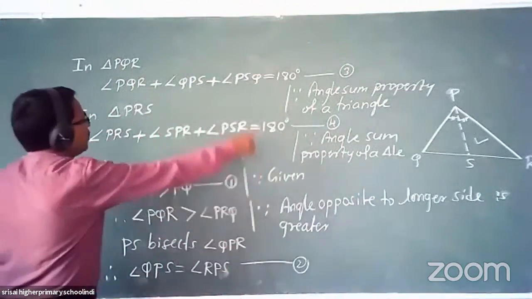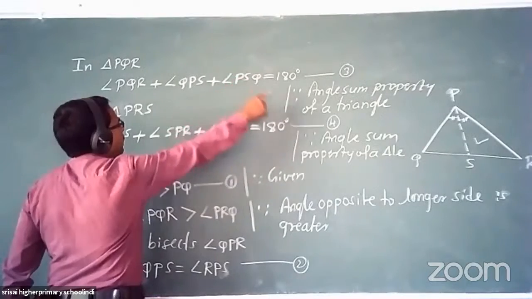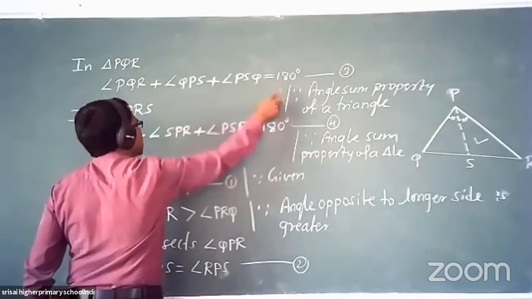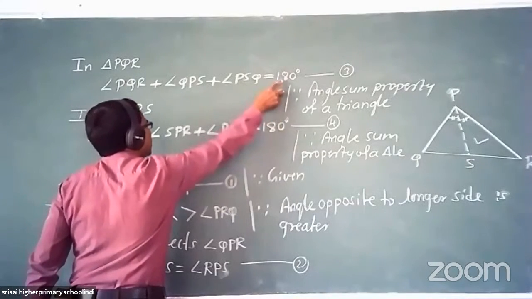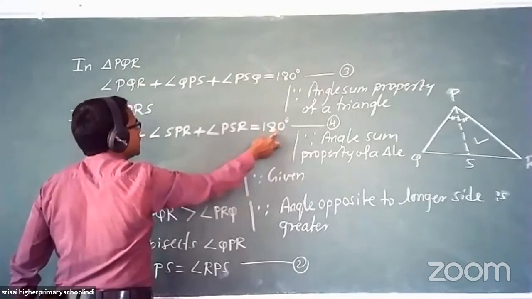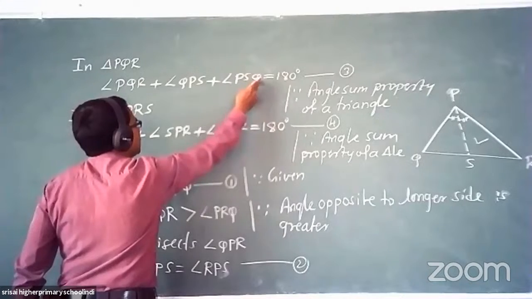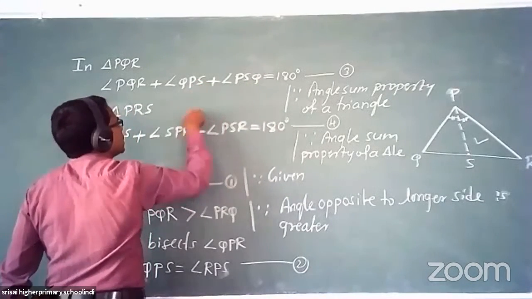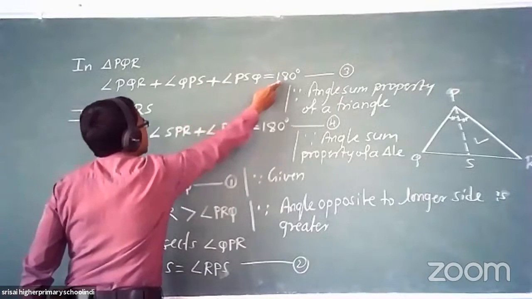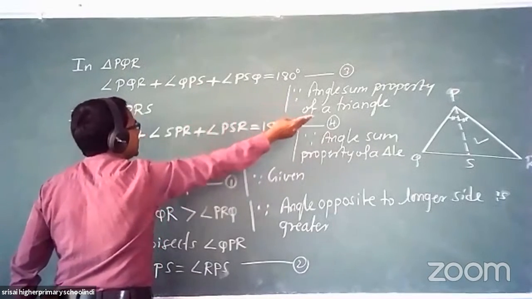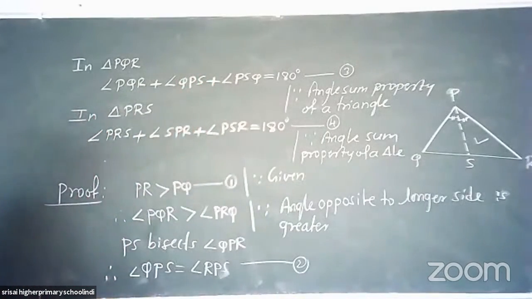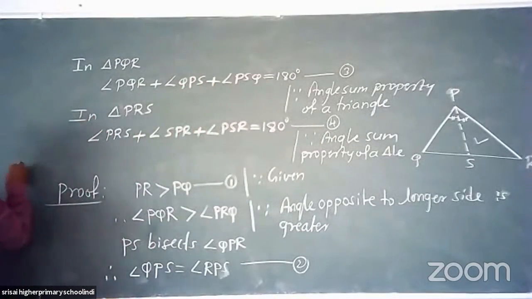Okay. Now, equation 3 and 4. From equation 3 and 4, right hand sides are the same. This is also 180 degrees. This is also 180. So, from 3 and 4, the right hand sides are equal, so the left hand sides are also equal. Therefore, what can we write? We can write from